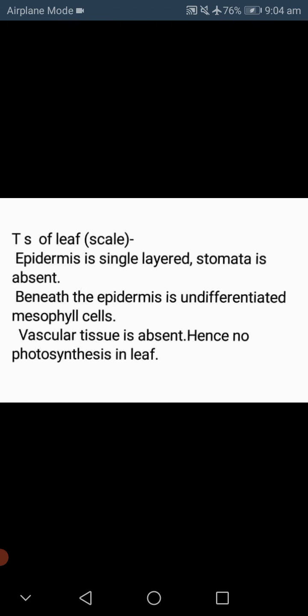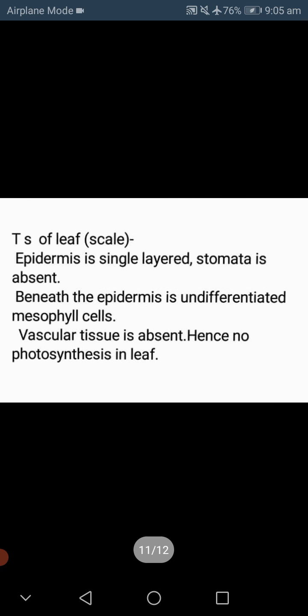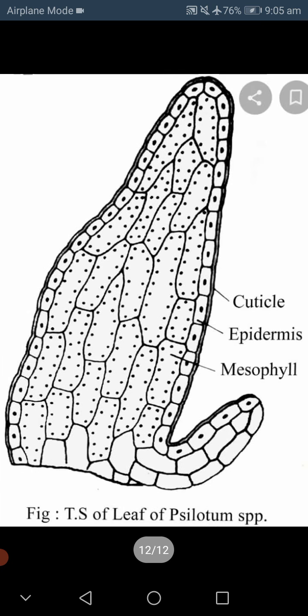Here leaf means the scales that are present. The epidermis is single layered, and stomata are absent. Beneath the epidermis there are undifferentiated mesophyll cells. The vascular tissue is absent, hence there is no photosynthesis in the leaf. Here there is a cuticle, epidermis and mesophyll tissue, but there is no vascular tissue, so there is no conduction